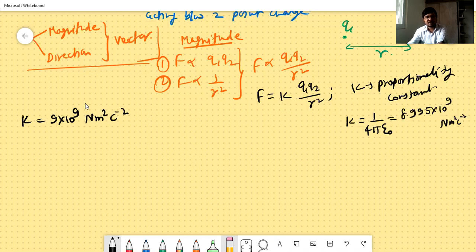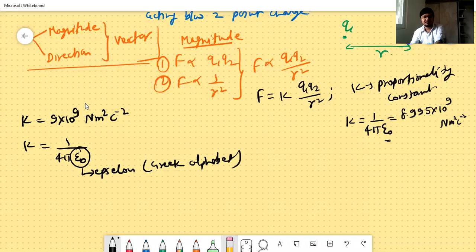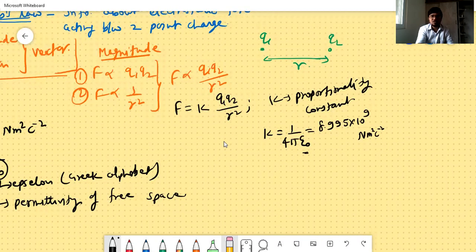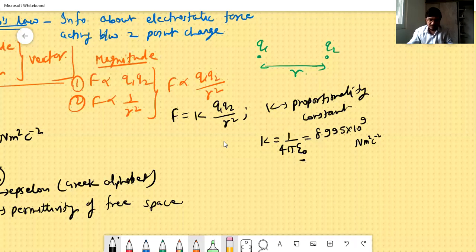Now what about this epsilon naught? K was equal to 1 by 4 pi epsilon naught. Here this is actually epsilon, a Greek alphabet. This is called the permittivity of free space. Here the point to be noted is that this two charge system